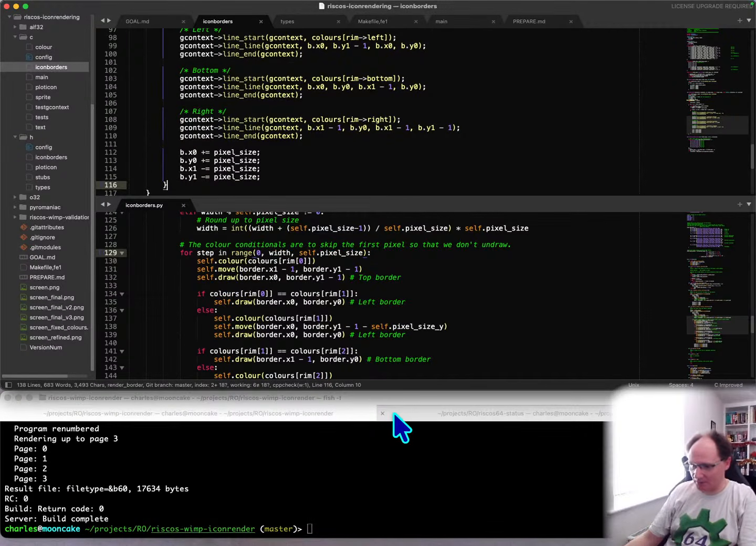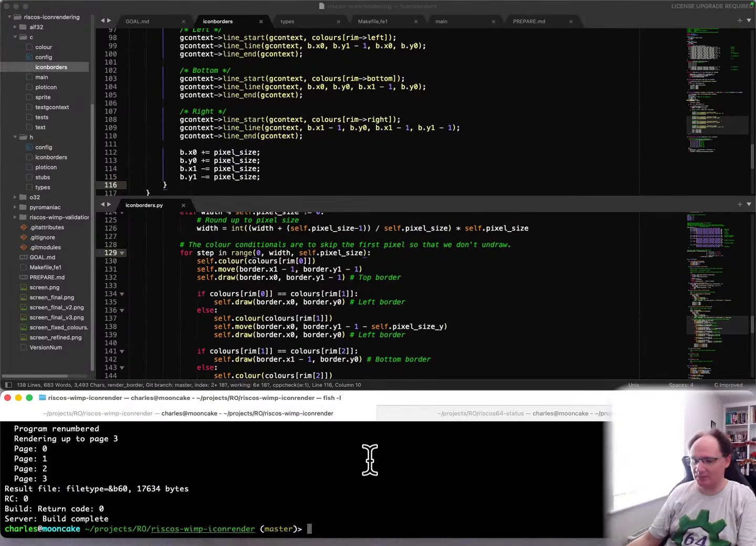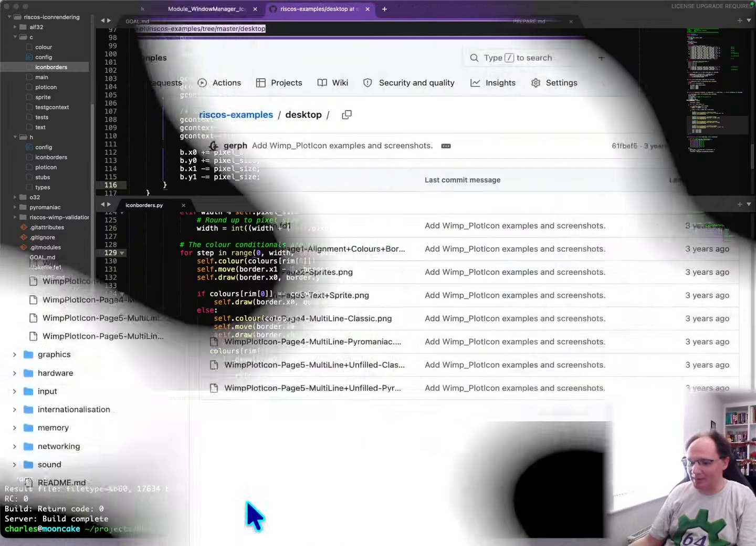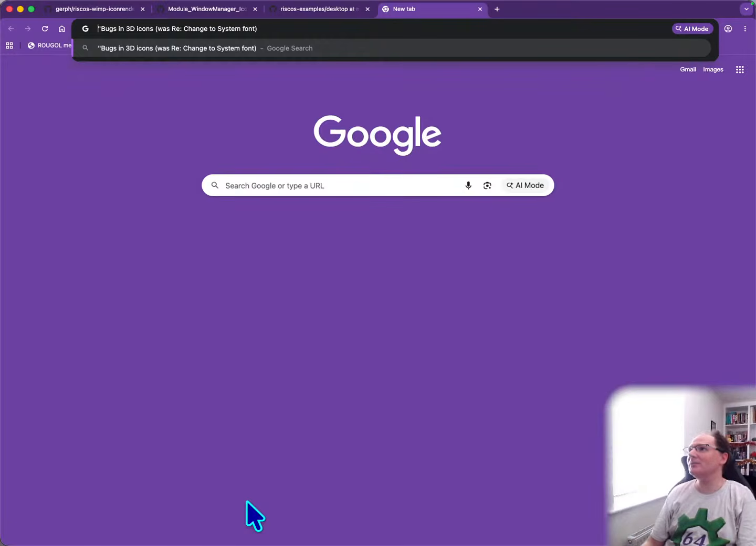Bugs in 3D icons was re-changing. Right. Well done. I'll have a look into that. That'll be quite fun to find. In fact, let's just try that. 97. Dear gosh. Not only does that make me feel old, but Dave remembered that. Put that in there. And look for